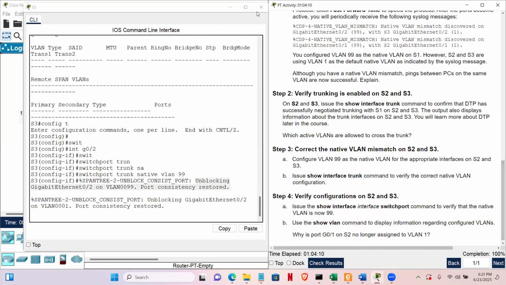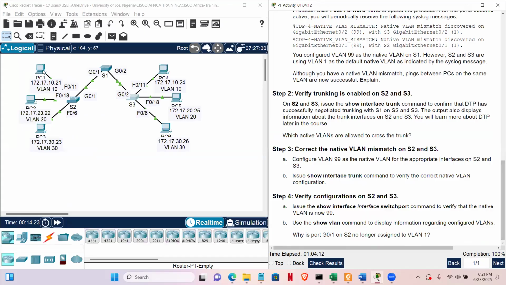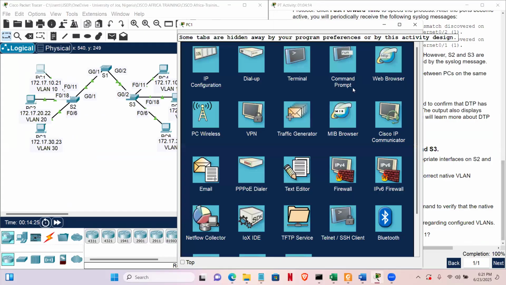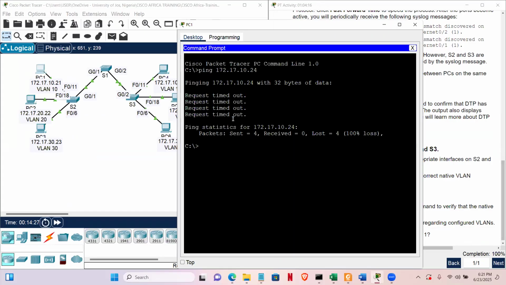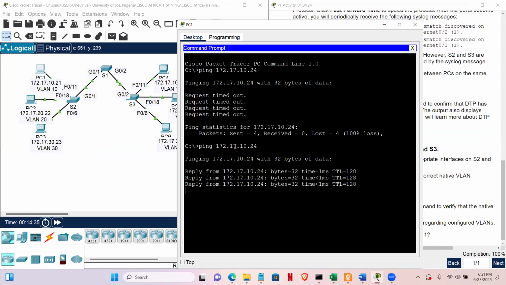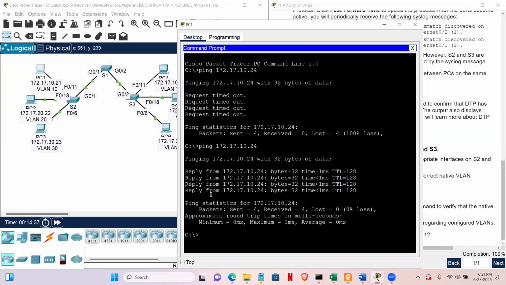Okay, so initially we were able to ping. All right, so let's check if we can be. You see, we tried to ping, we didn't get a response. So now let's give it a try. We should be able to get a response. Hallelujah. Can you see? So we're able to get a response. Okay, so that is how to configure your trunk